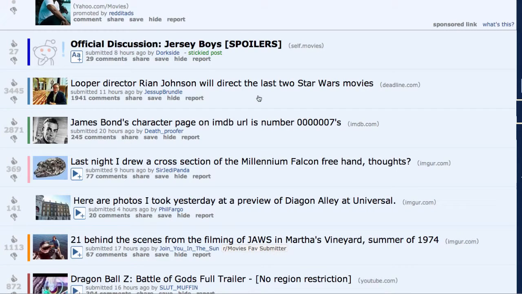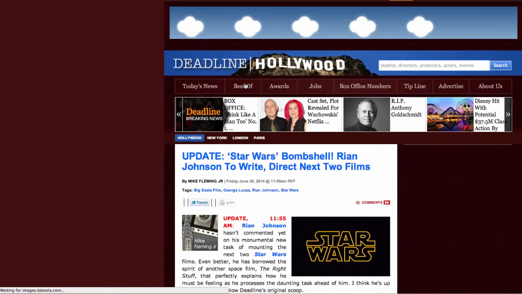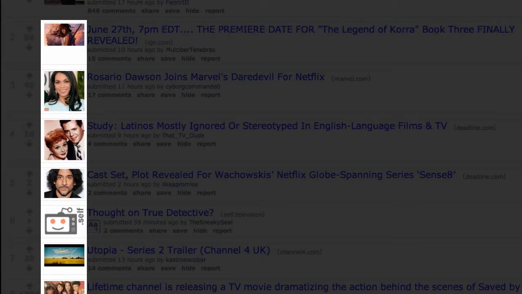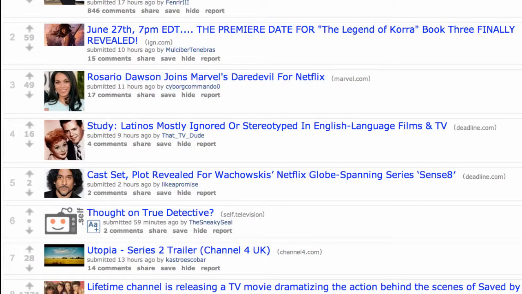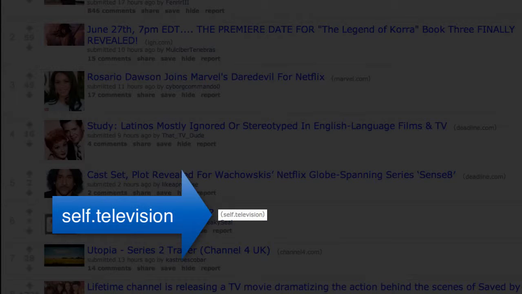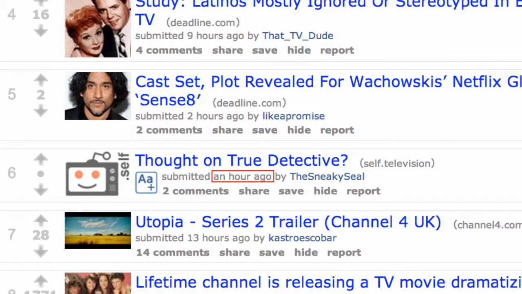Having distinguished the type of entry you're looking at, the second element to every entry is the title. The title is a basic description of the link or discussion, and clicking it will take you directly to the web page or discussion that it links to. To the left of the title, you'll usually see a thumbnail image. To the right, you will see the domain the link is going to take you to, or in the case of discussions, self, followed by the subreddit community the discussion was posted to. We'll come back to subreddits in our next video. Under the title, you can see when the entry was submitted, who submitted it, which subreddit they submitted it to, how many comments have been made about it on Reddit, and a link to share it.